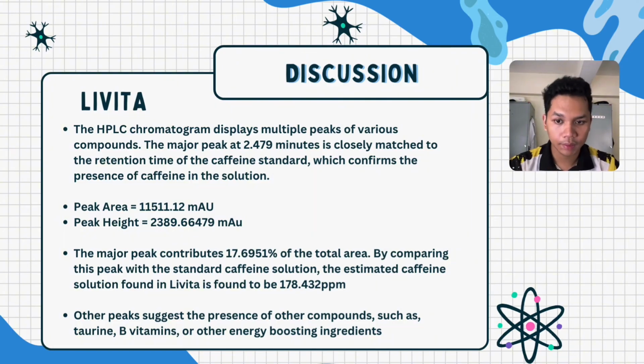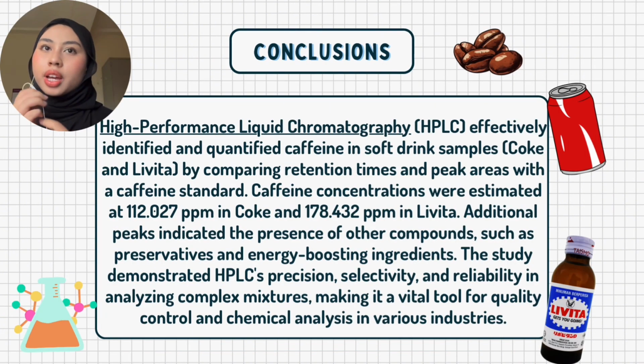By comparing this peak with the standard solution, the estimated caffeine concentration found in Levita is 178.432 ppm. The other peaks suggest the presence of other compounds such as taurine, B vitamins and other energy boosting ingredients. As a conclusion, high performance liquid chromatography (HPLC) effectively identified and quantified caffeine in soft drink